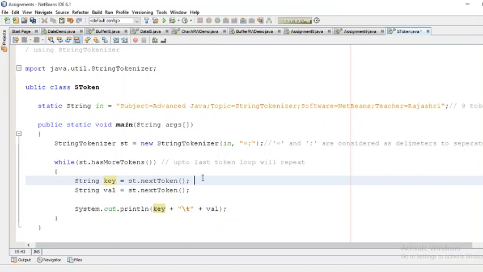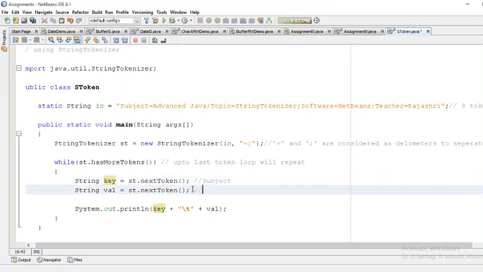First time, when this loop is executed, st.hasMoreTokens: yes, the condition is true. Total 9 tokens we are having. Condition is true, so it will come inside the loop. Key equals st.nextToken. So the first token will be considered as subject.